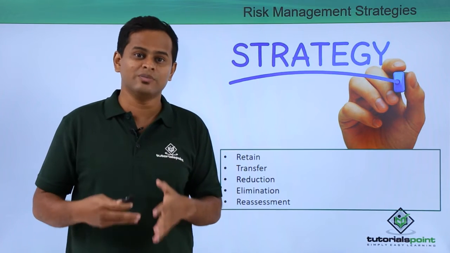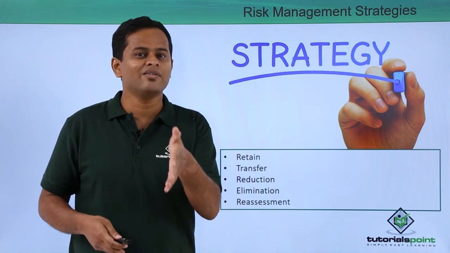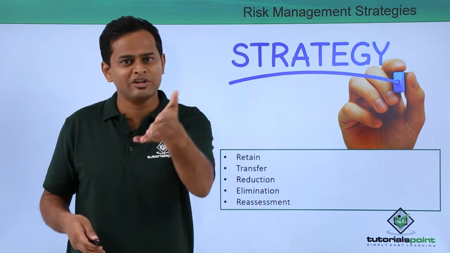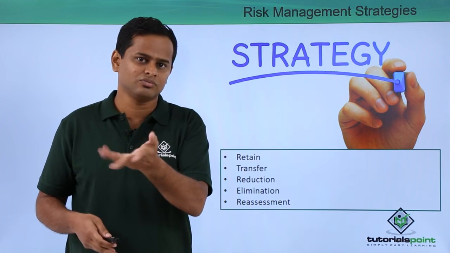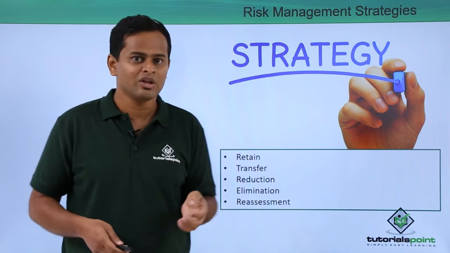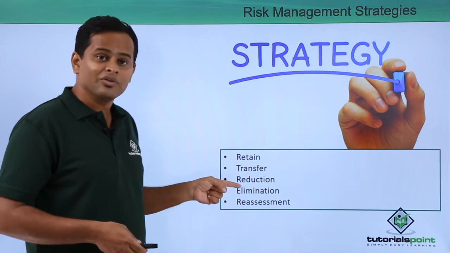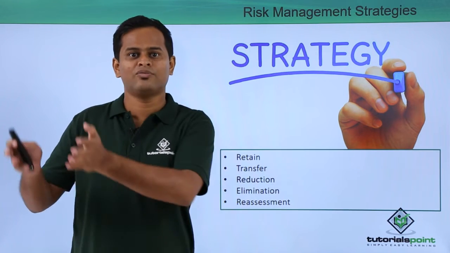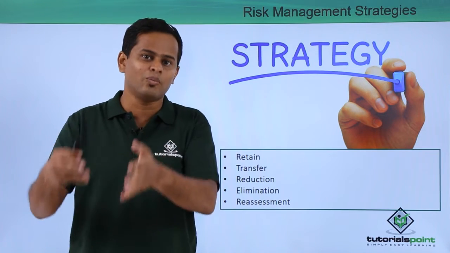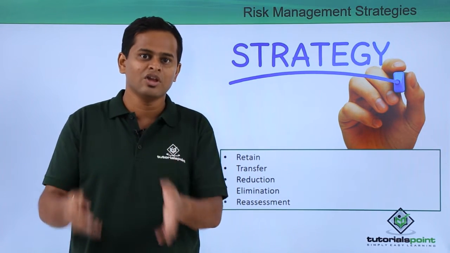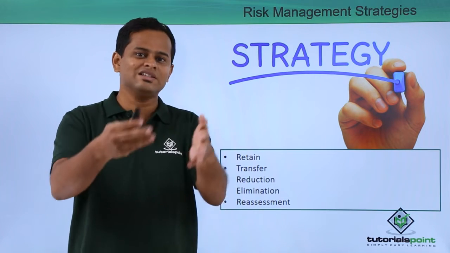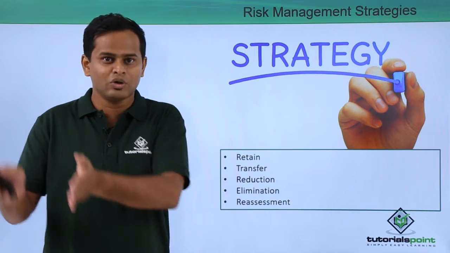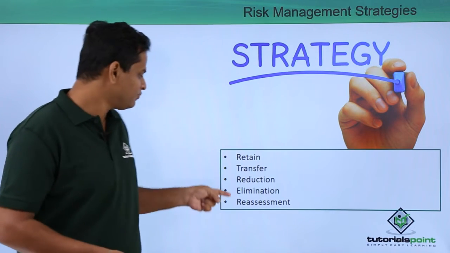Transfer of this particular risk means where your customer is having payment terms like 60 days, and you can easily transfer that to your own vendors also, the same 60 days, or even more. So that is nothing but a risk transfer. Risk reduction means that you are having two different machines, and if one machine is not able to produce the component which you had agreed with your customer, you can of course have another machine which can easily deliver those components. That means the risk has been tremendously reduced compared to depending on only one particular machine.